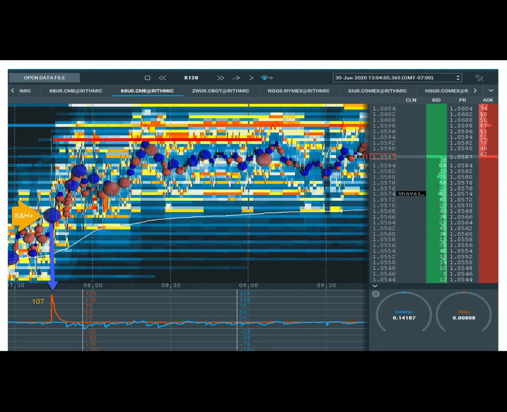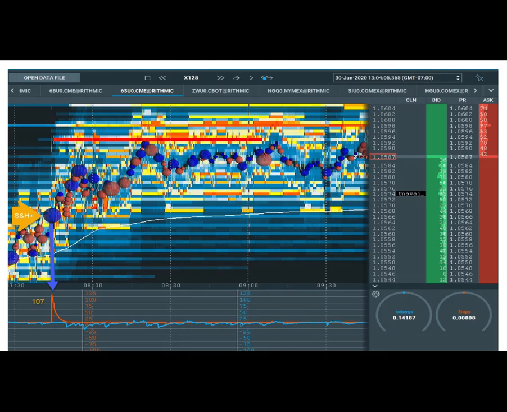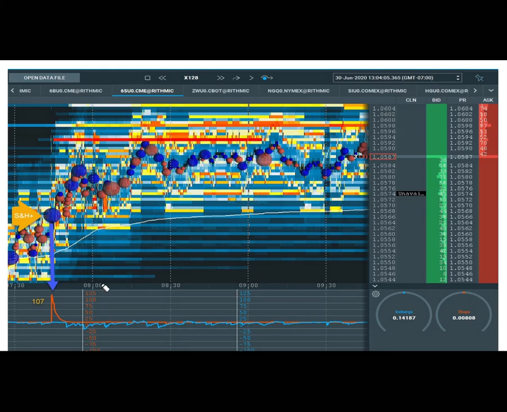So this is the first example. Let me clear this out. So this is the Swiss franc 6S, and our thresholds for the Swiss franc are 50 for icebergs and 50 for stop runs. So anything over 50 is significant to take the trade or pay attention. This is obviously almost double or more than double. So we have a buy stop run fire off,